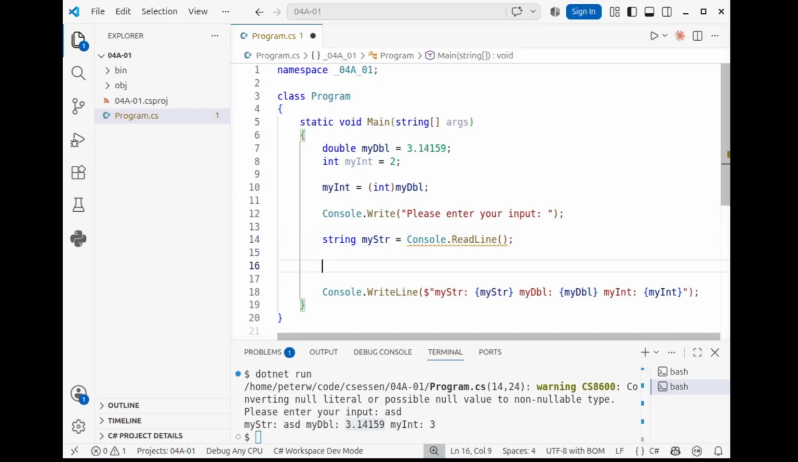I could say bool is my string empty. Let's call it that. Or let's just call it is empty. It's going to take too long. Is equal to, and now what we're going to do is we're going to use our first static helper method